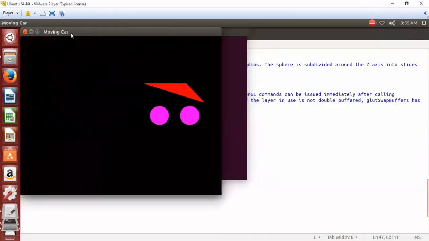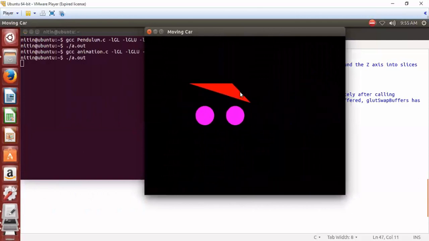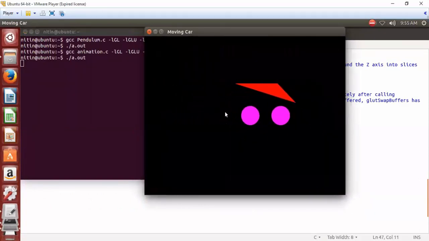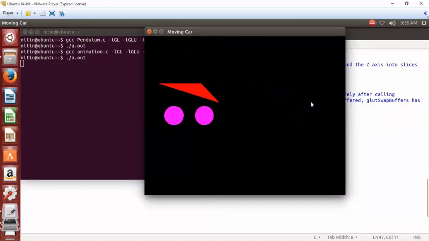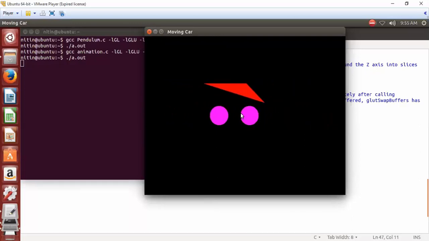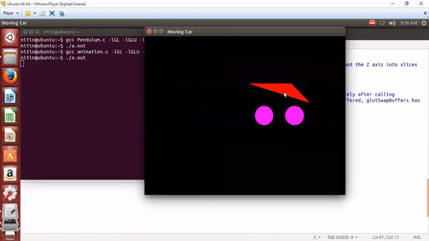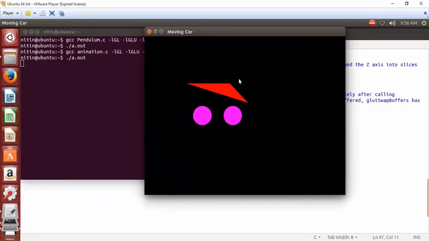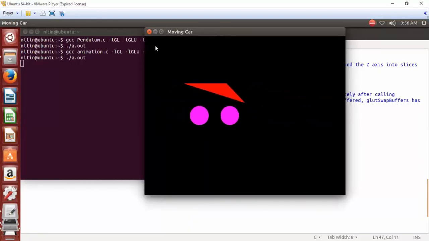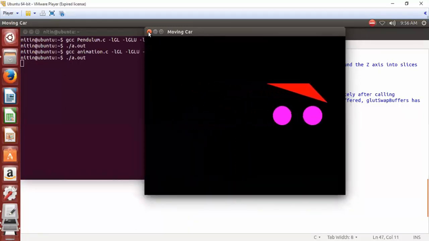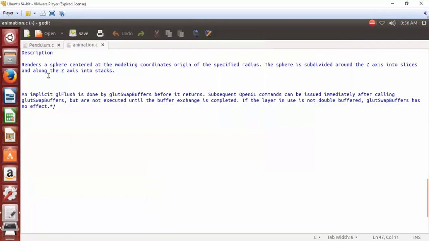So this is one car with a red rooftop, and below you are having a rectangle which is black in color. You can change its color, and it will be visible. So that is a moving car animation with two circles and two quadrants. One is this lower rectangle and the upper rectangle is red, the lower rectangle with black color. So that is the animation 2 assignment output.